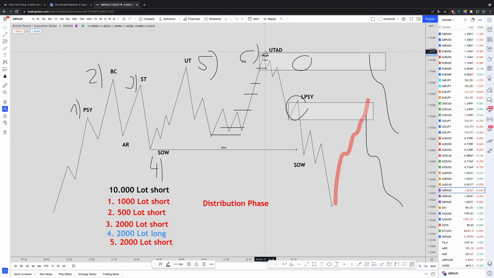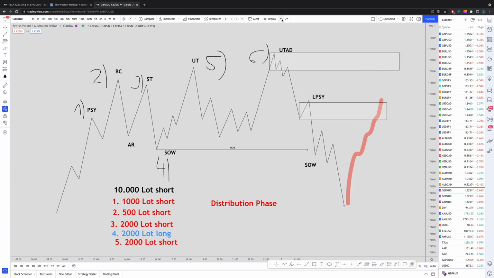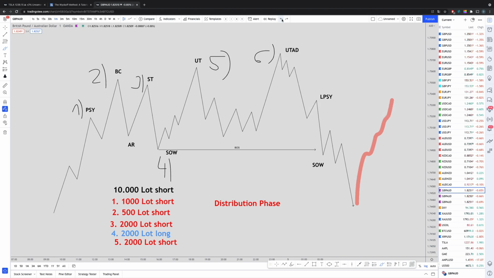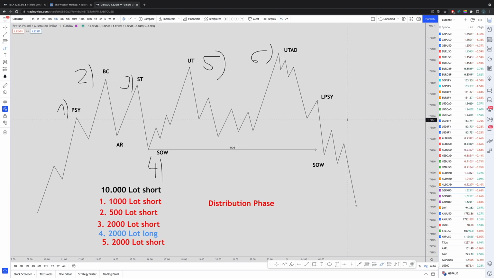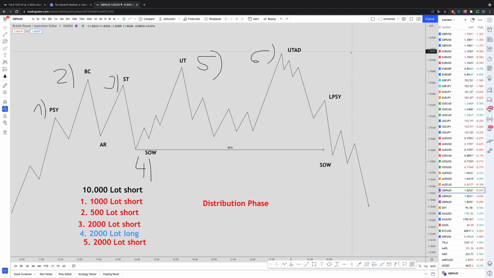Until this UTAD, in this example, you have your buying positions left, and the market will decide by itself: do we need to do it or not? Do we currently have any fundamental news, so we don't need to push the price that high, because otherwise we will lose positions and so on? And this will at the end decide if the price pushes all the way back up or only until here. But of course we will always use that knowledge in combination with our other knowledge. Right now this is only the Wyckoff theory about the distribution phase.